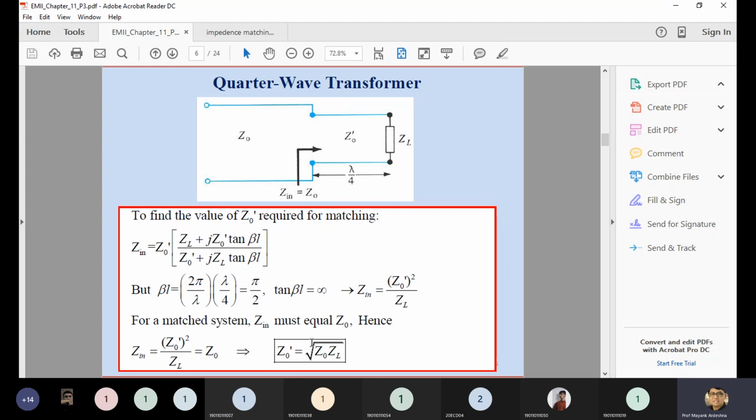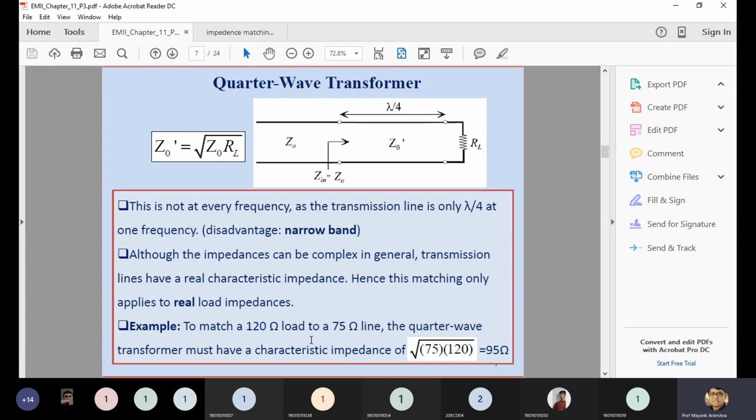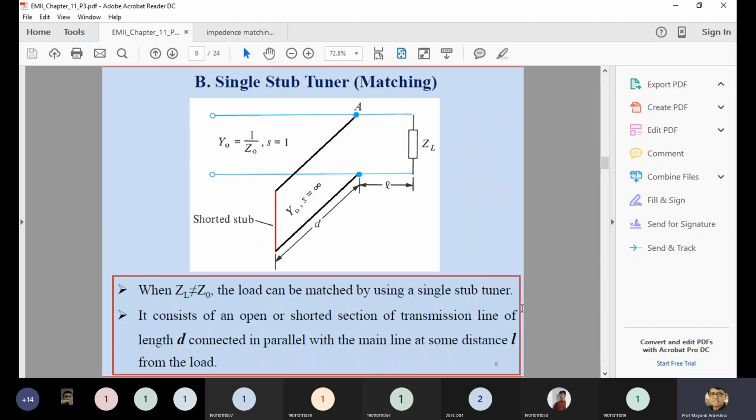So according to this one, you can know what is the impedance value you have to set over here using the quarter wave transformer. We are utilizing a similar method. They are taking one example like Z0 is 120 ohm and ZL is 75 ohm. So under root of the multiplication of these two parameters, you can set the new wire which has a length of lambda by 4 and an impedance that must be equal to 95 ohm. If I set the 95, by default your line is matched at a particular frequency.